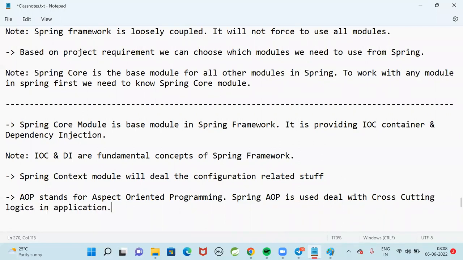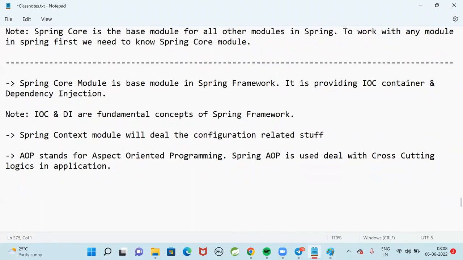Cross-cutting logics, nothing but common logics in our project, like logging, exception handling, security, transactions, auditing. Instead of writing that in every class, we are going to separate business logic plus cross-cutting logic. Application is equal to business logic plus cross-cutting logics.